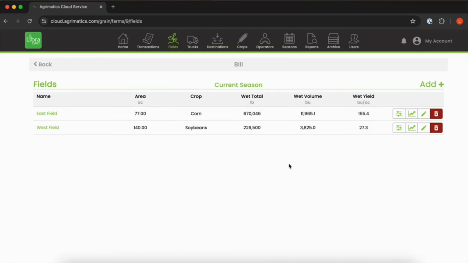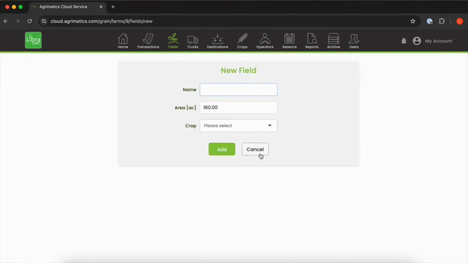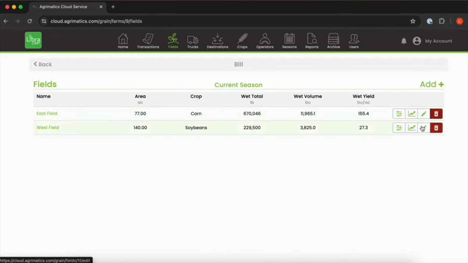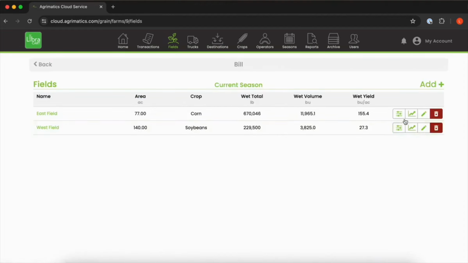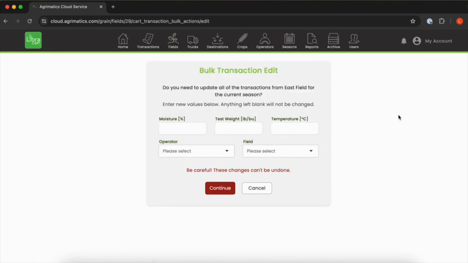If you have the Pro subscription, you once again have the ability to add a field, and then you also gain access to some additional buttons over here apart from just the archive and field edit buttons. You gain the bulk transaction edit. This allows you to edit all transactions assigned to a field from the current viewable season.